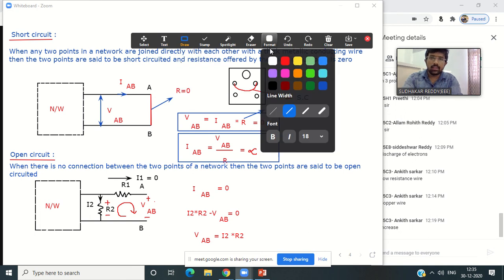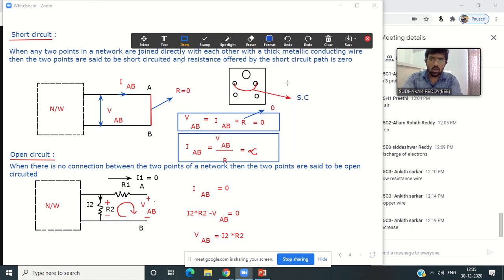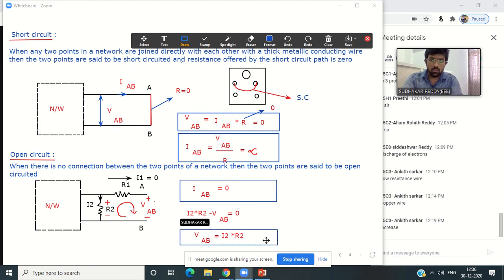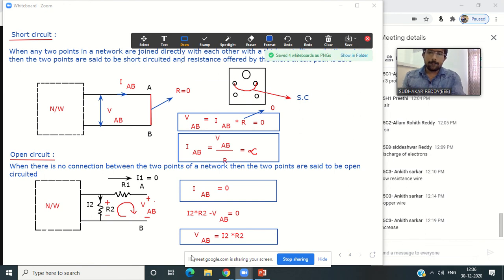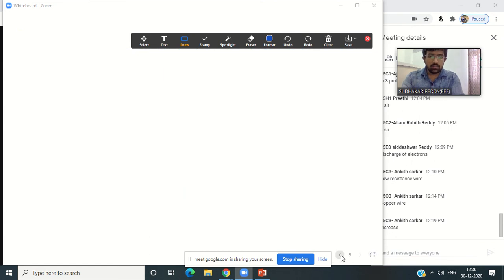Finally, you need to keep in mind that when there is a short circuit, the voltage value is 0 and the current value is infinity, and when there occurs an open circuit, the current value is 0, but the voltage is not equal to 0. Okay? These 2 points you need to keep in mind. Understood, everyone? Copied? Yes, sir. Good. So once copied, now all of you keep adding as,